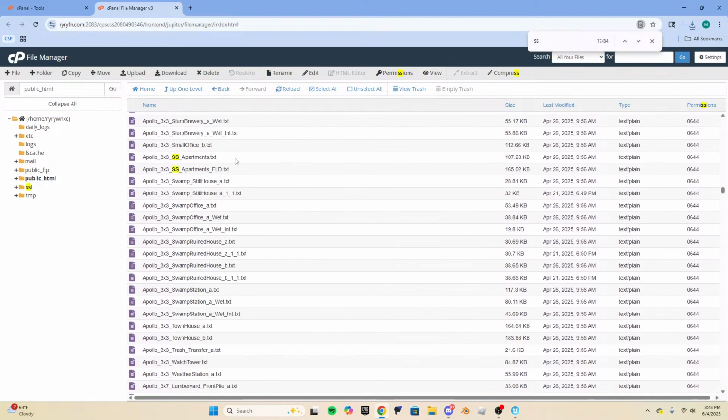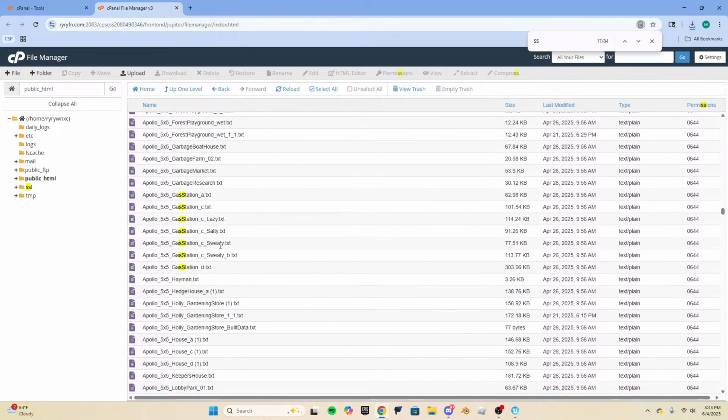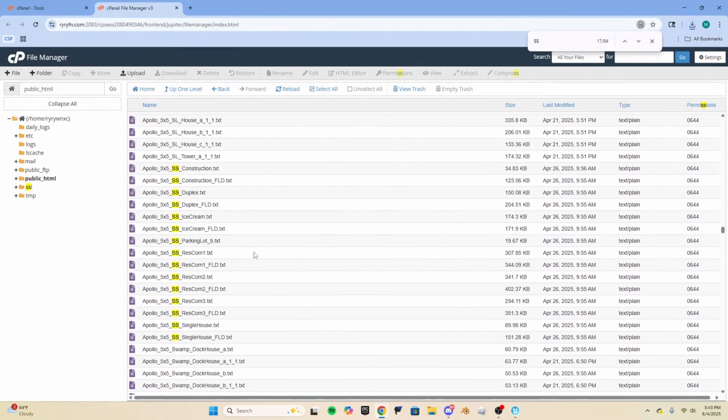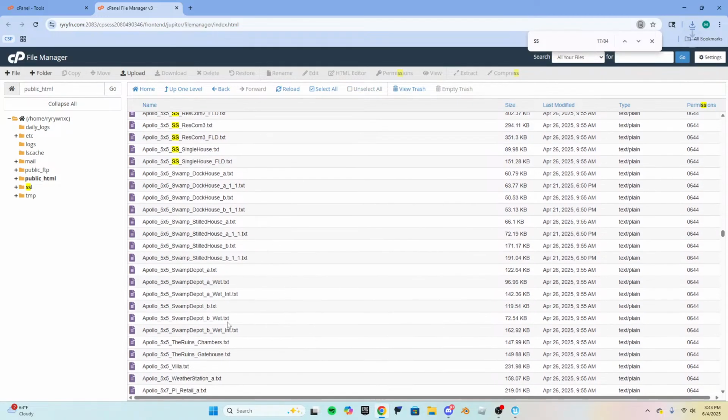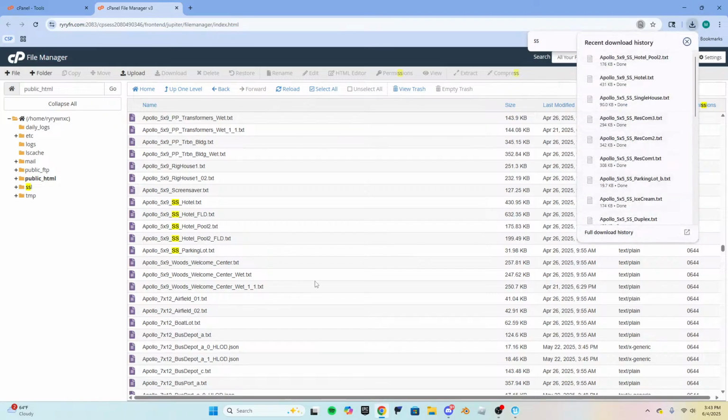Sweaty Sands Apartments, gas station, Sweaty Sands Construction, Sweaty Sands Duplex, Ice Cream Parking Lot, Rescom, Rescom 2, Rescom 3, Single House, Sweaty Sands Hotel, Hotel Pool, Parking Lot B.